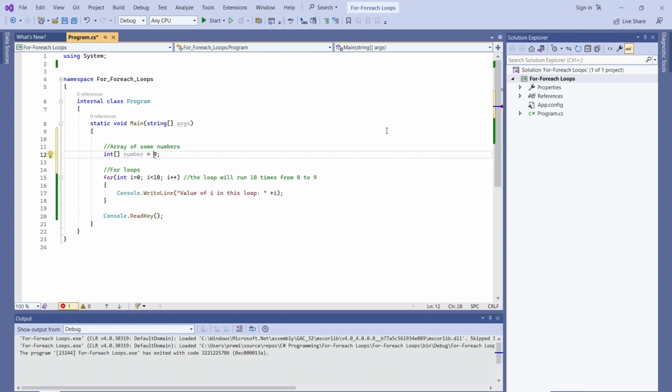Now there are a couple of ways that I can declare the array. I can just say new int, and then here I must specify the size. Let's say 10. So it will create an array of 10 elements, which will be blank. This is one option. The other option is,